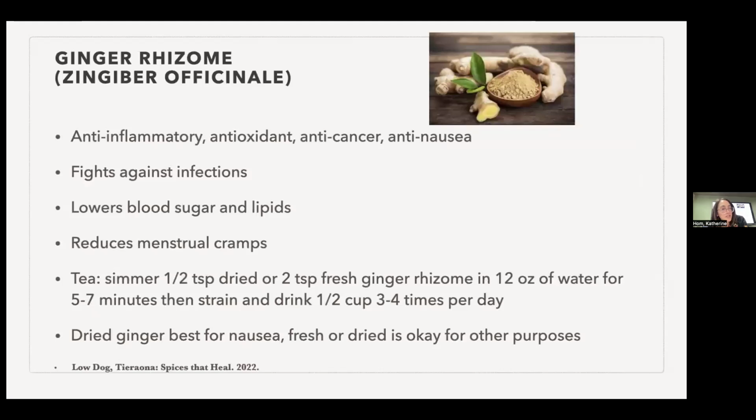So looking at ginger, it's a great spice for anti-inflammatory, antioxidant, anti-cancer, and anti-nausea properties. It fights against infections. It lowers blood sugar and lipids. I utilize it a lot to help patients with reducing menstrual cramps. I often tell them to do a ginger tea or ginger supplement a few days before starting their menses to